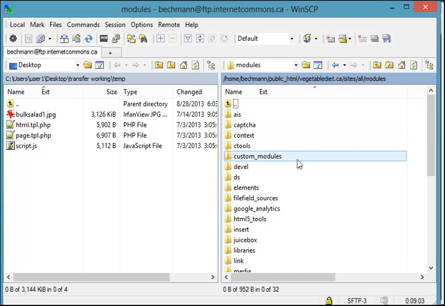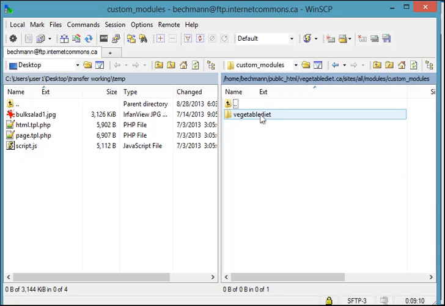And the search extends to subdirectories, so you can create an arbitrary directory name and put your own custom